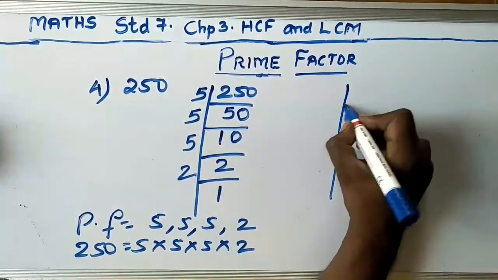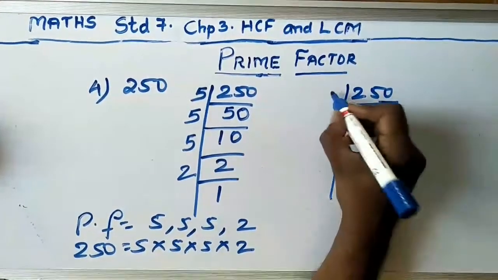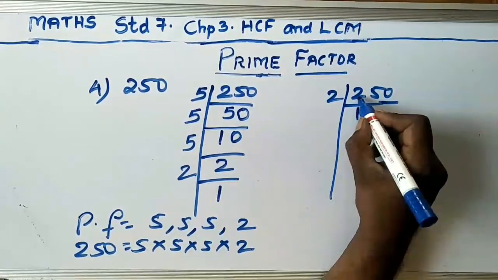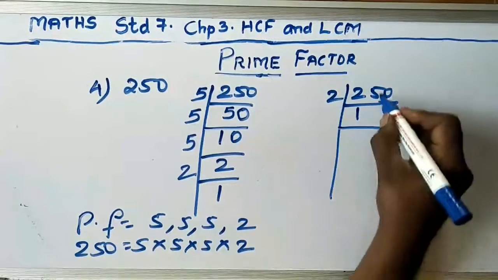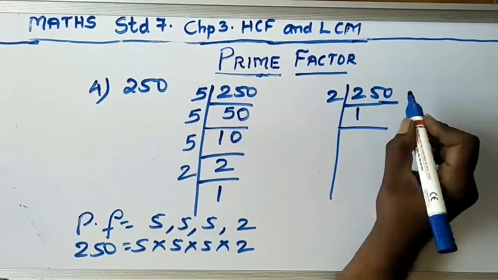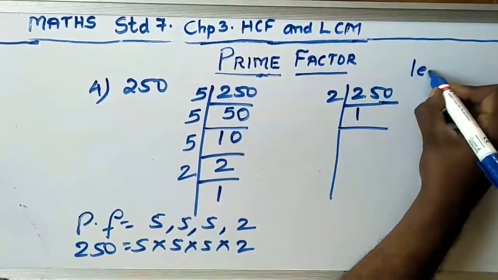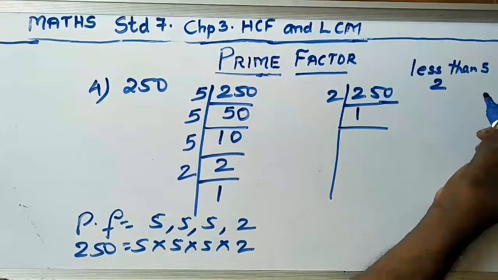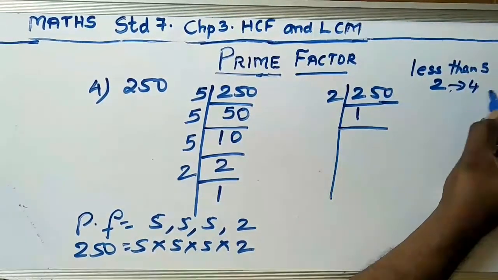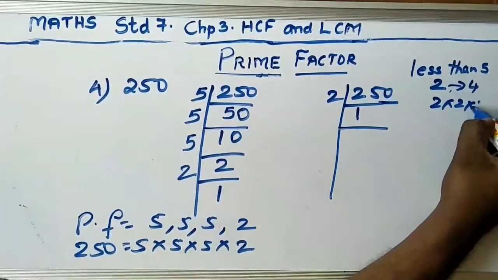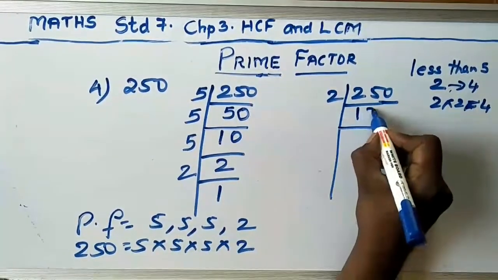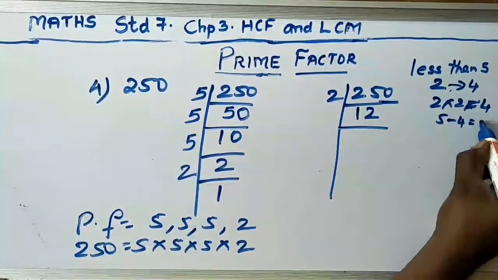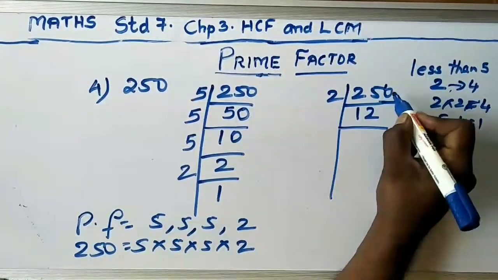If I do this in your way, like you're thinking, it goes in 2 table also. Okay, I'll do it in 2 table. 2 ones are 2. This 2 is there. 2 goes in 2 table one time. Then next number is 5. 5 doesn't go in 2 table. So which is the number less than 5 which is divisible by 2 table? That is your 4. So 2 multiplied by 2 is 4. So I'll write 2 here. 2 2s are 4. So from this 5, I remove 4. 1 is there. 1 I carry over here.